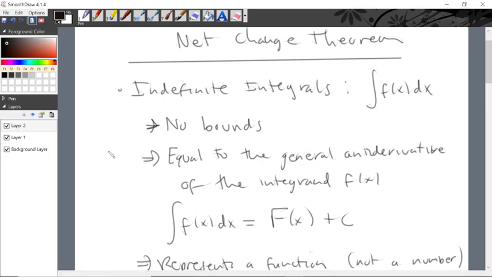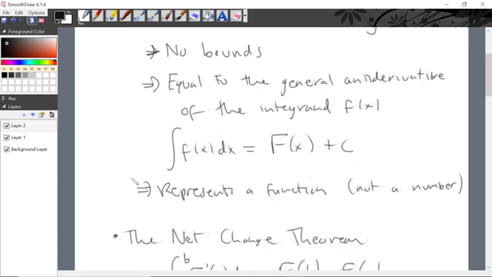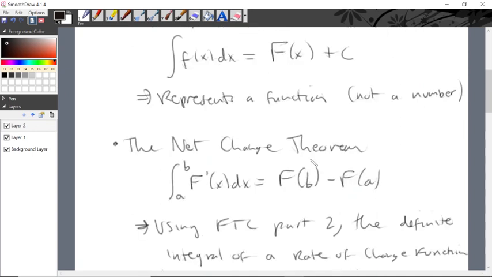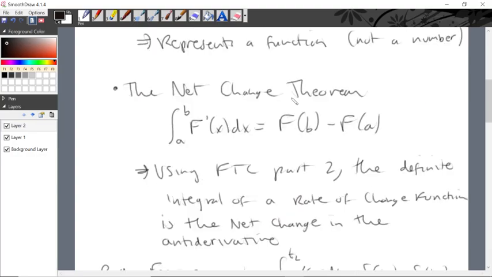some other functions. The other thing in this section for us to look at is called the net change theorem. We've already discussed this as well, so more formally stating it here. The net change theorem can be represented by the fundamental theorem of calculus part 2. Since the definite integral can be evaluated by using an antiderivative at the bounds, well, then we can consider that the integrand itself is the derivative of that antiderivative. And by that